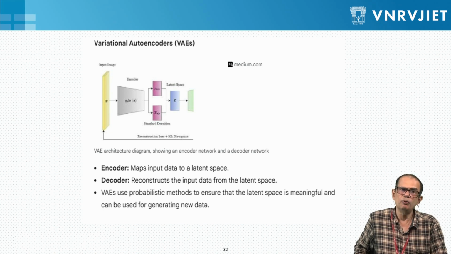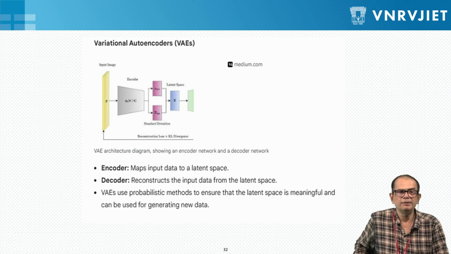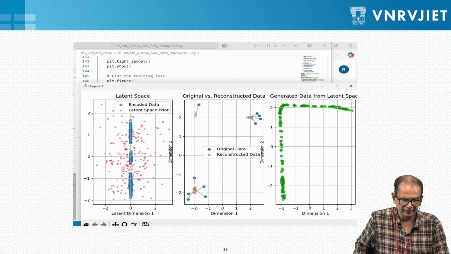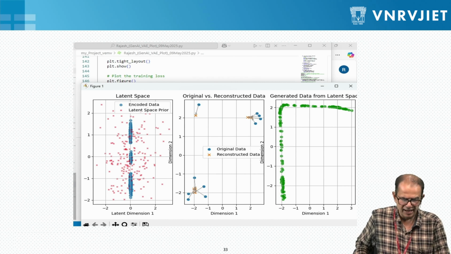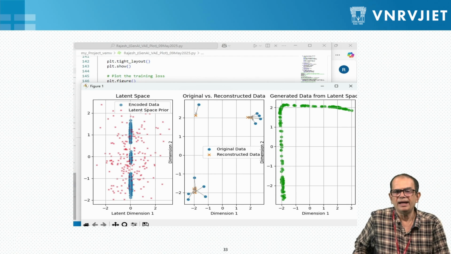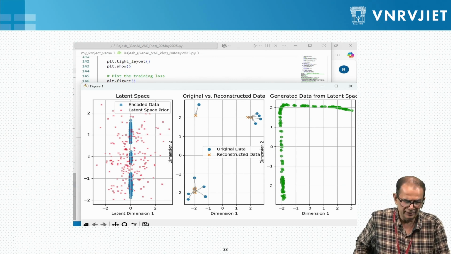Combining both of them, we have the VAEs, and that is what is in generative AI. Now see a small example that we have written in Python, and as you can see, we have the original data and the reconstructed data. So that is what we have done using the VAEs.